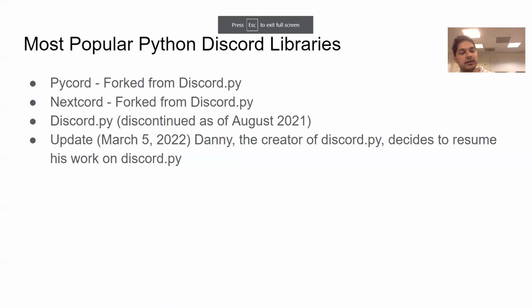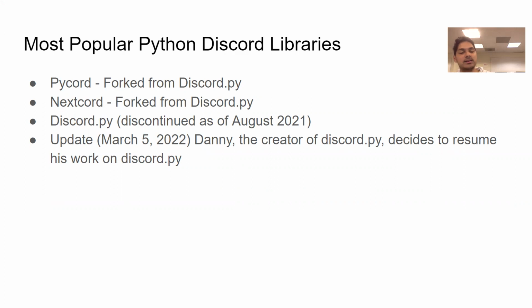But Discord libraries, so discord.py is being really freaky right now. The creator of the discord.py library, when he went on hiatus, said, "Oh, I hate Discord buttons. I don't like the direction that Discord is going and how it's pushing us in their direction, and I don't want to do this." He gave up for about 6 months, and now he's back recently, working on discord.py. But while he left in August, people were forking off of discord.py, so people have done their own things.